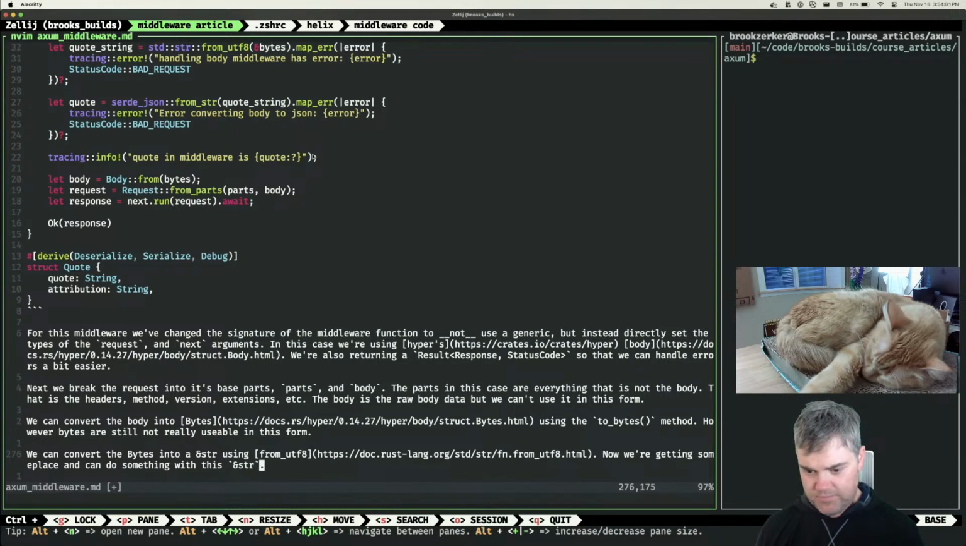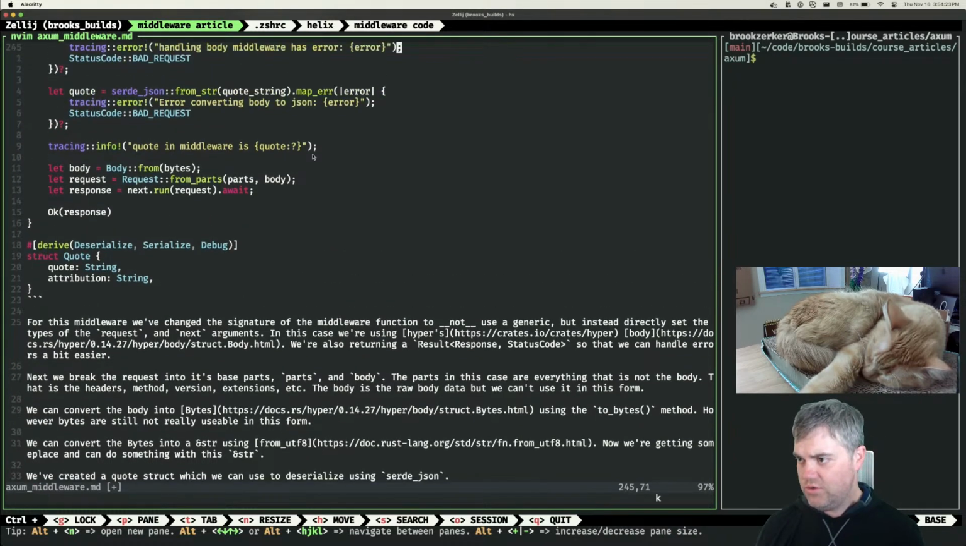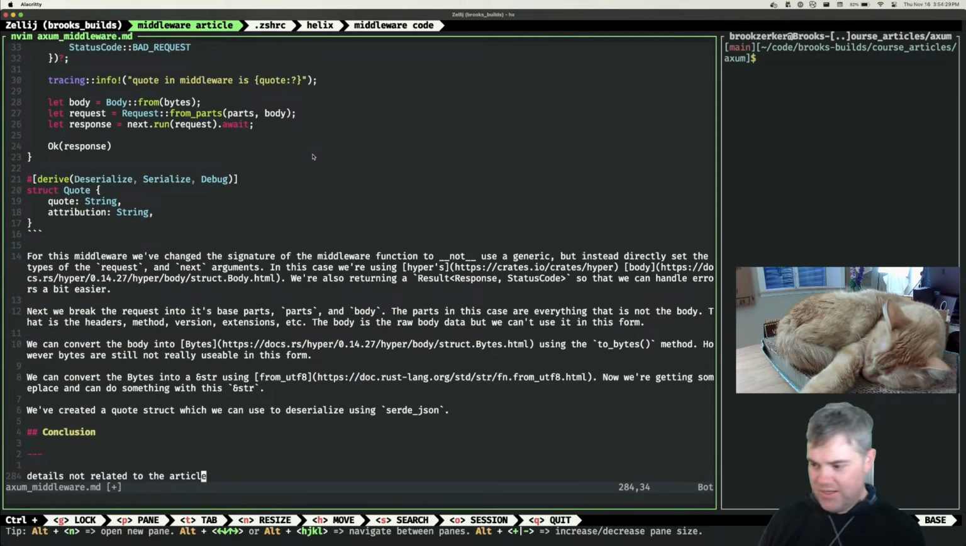Okay. Next, we break the request into its base parts and body. The parts in this case aren't used. We convert the body into bytes. We convert the bytes into a str. We created a quote struct that we can use to deserialize using JSON. All right, so that brings us to here. So we get that out. Then we can finally do our